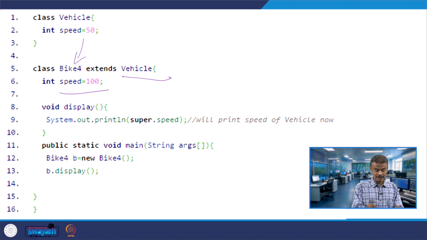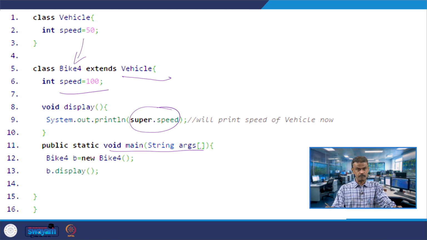You have void display, and first time we are seeing super.speed. Public static void main, so main is over here, object B whose class is Bike4, dynamically allocating memory with the default constructor Bike4. Now, B is invoking display.